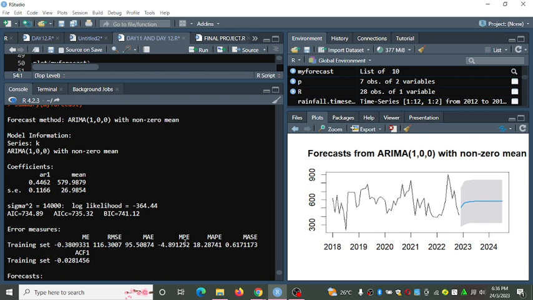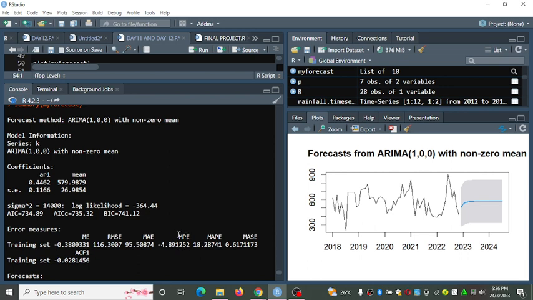Now what do we call MAPE? What is MAPE? Mean absolute percentage error. This is a metric that defines the accuracy of forecast.